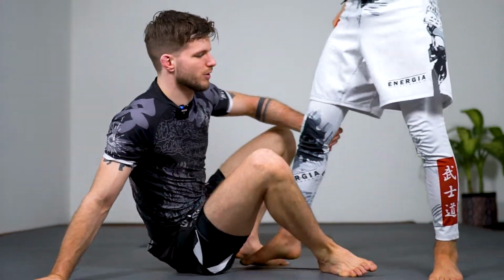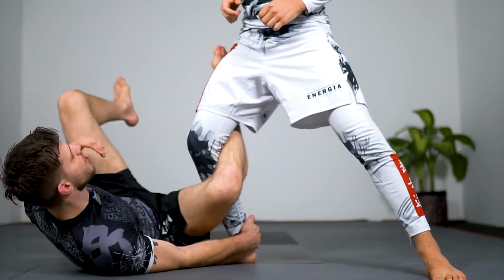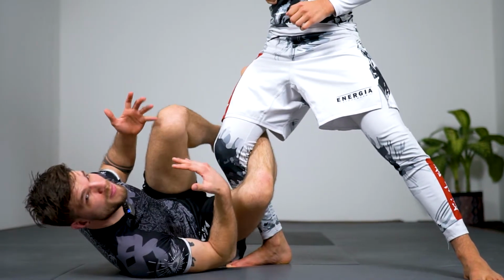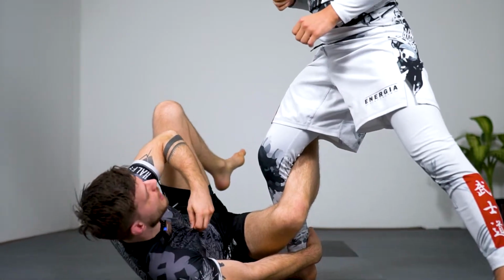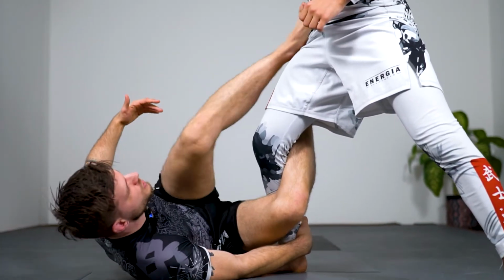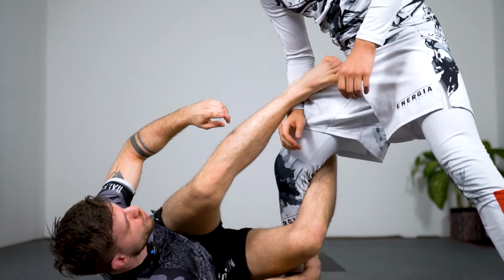Another detail we have to cover here, guys, is as we're in the reverse de la Riva, I see a lot of people putting this second foot, basing it on the hip. Now, it's good to manage distance. So look, if Ufuk pressures in, I can keep some distance. I rarely or actually never play this because of the risk of him attacking this foot. There's an easy estima lock here, boom, with his back chest, or you can go into a corkscrew toe hold,